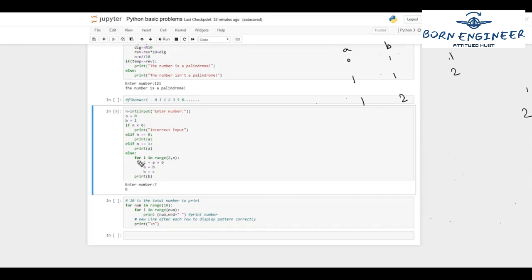This time i's value becomes 4, right? When i's value is 4, again we'll come inside and c equals a plus b, so 1 plus 2 becomes 3. A equals b, it becomes 2, and b equals c, it becomes 3. Then we'll print out this value, which is basically 3. Again, when we go back, i's value becomes 5. When it is 5, we will come out of the loop, right? So that is how we've got this result 3: 1, 2, 3, 4 and 5. So when n is given 5, we've got the result